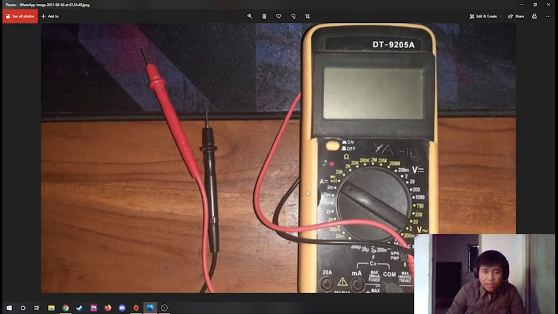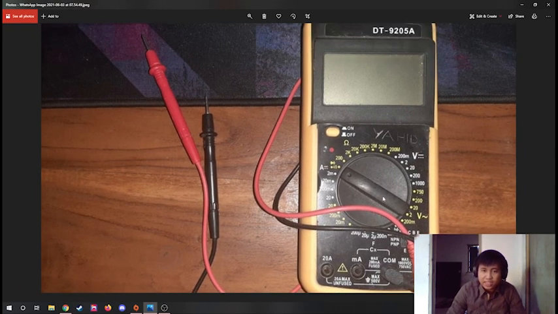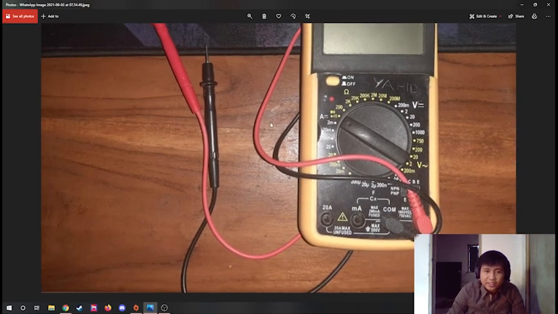Then next I will explain how to use this device. First of all, of course, you have to find the probe. You have to connect the probe to the connector, the red one to the positive polarity, this mA one, and then the black probe goes to the COM. The COM is for the ground or negative polarity. There is the symbol on it.